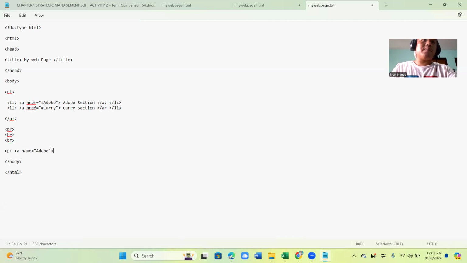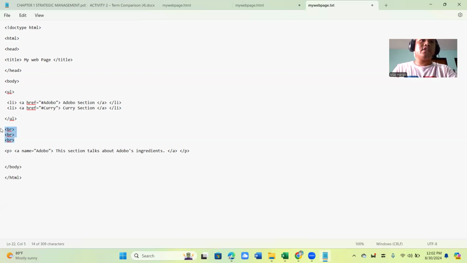Using the proper open and close quote, then closing tag. Then let's just say this section talks about adobo's ingredients, and then make sure to close it with a closing A tag and a closing P tag.